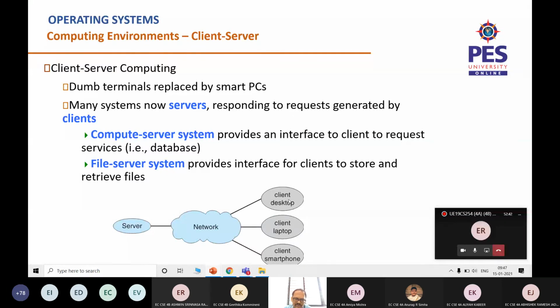Clients do only a small part of the processing. They only raise a request that reaches the server via this network, and the server executes that request, generates a response, and sends it back through the network to the client system. So the client is mostly a lightweight process, and the server needs to be more powerful in this case.